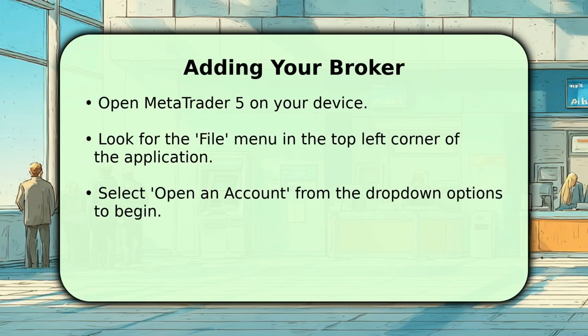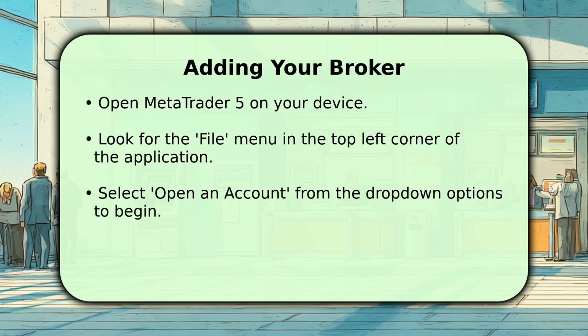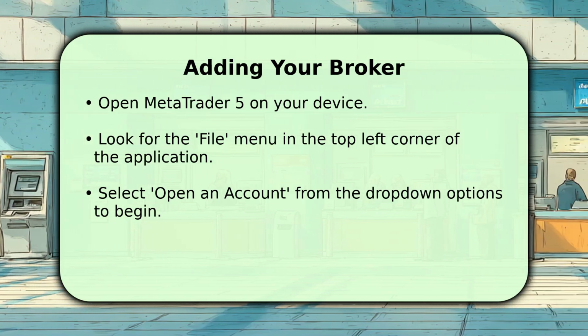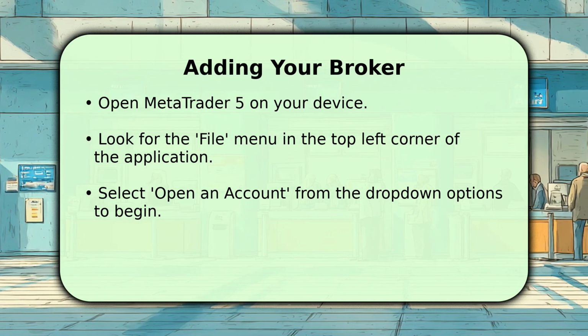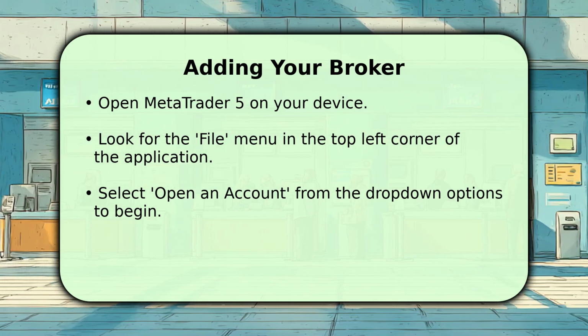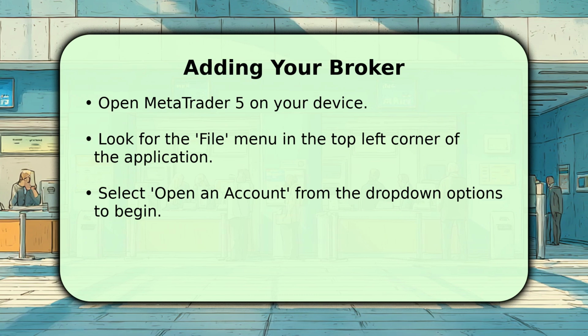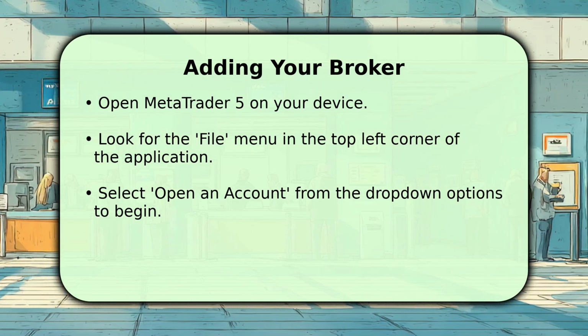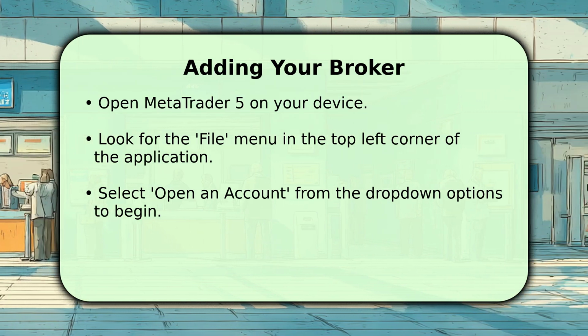Once MetaTrader 5 is open, your journey to connecting with your broker begins by navigating to the top left corner of the application window. Here, you will find the File menu. Simply click on this option and a drop-down menu will appear. From this list, select Open an Account, and that will take you to the next step where you can search